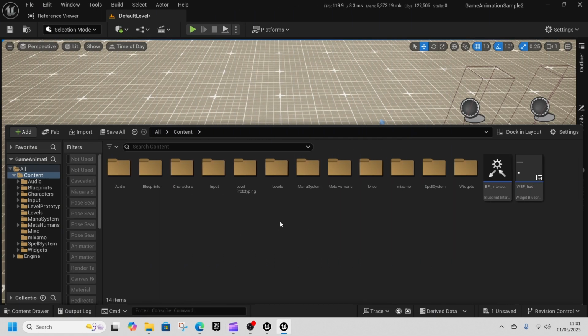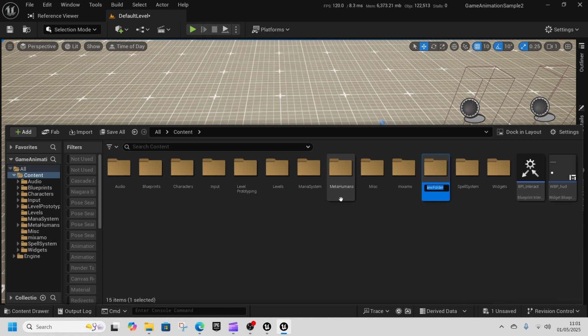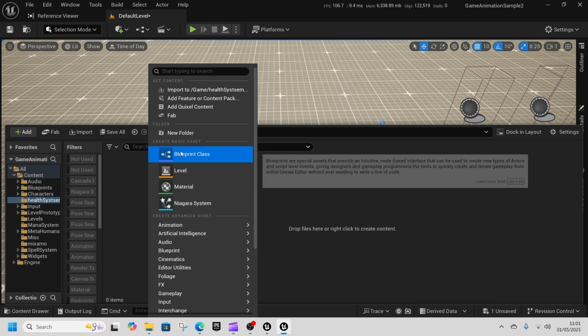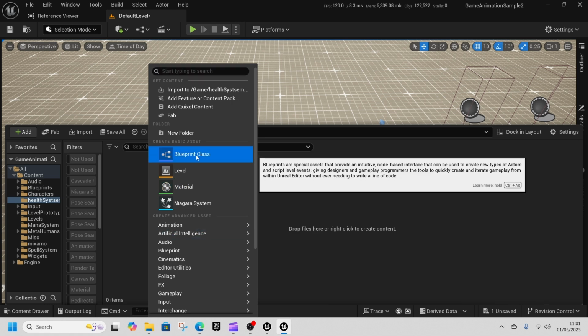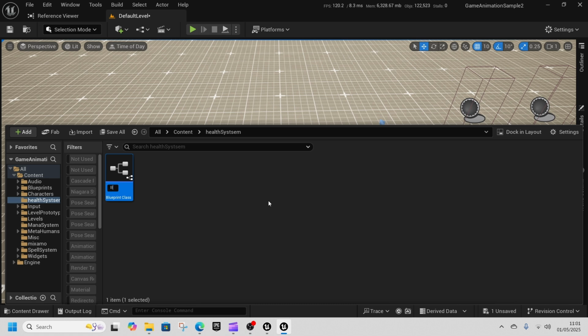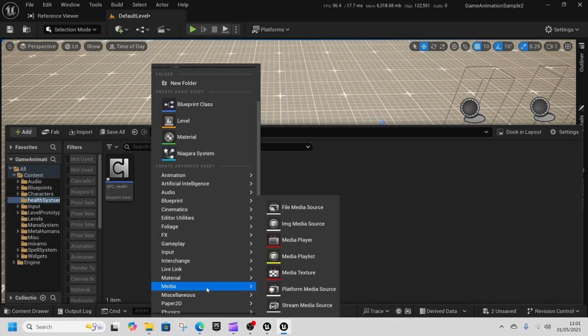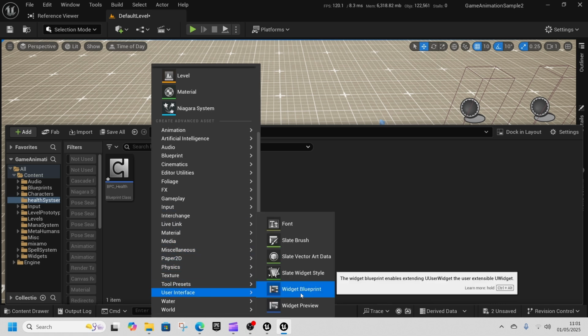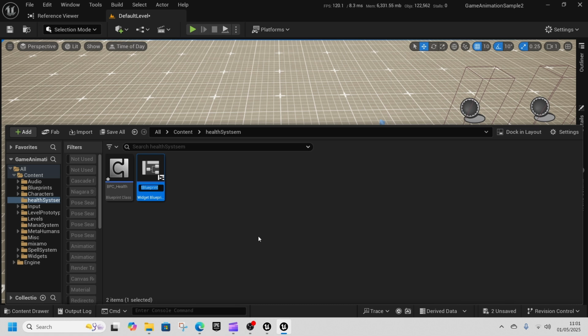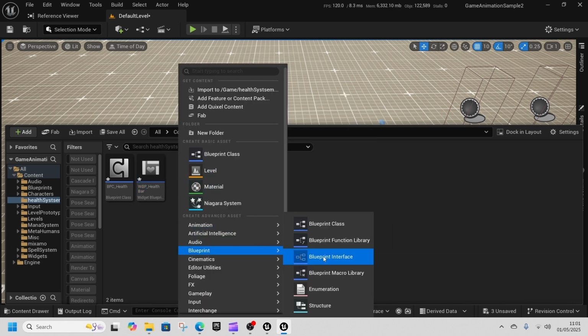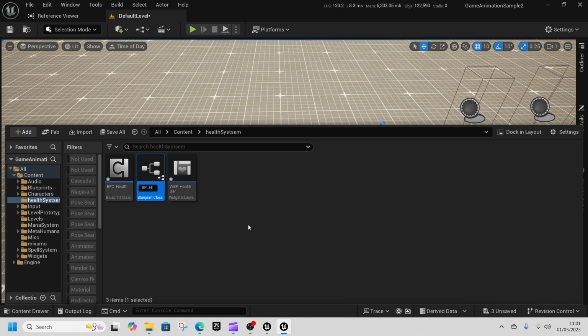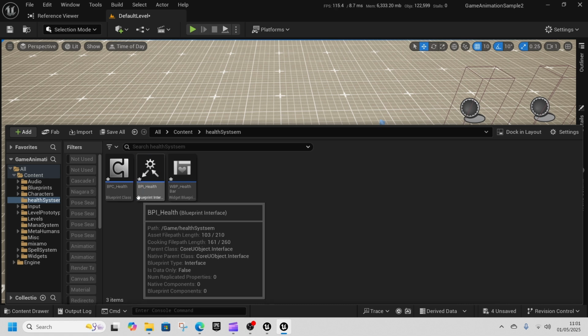So first things first, we're going to create a new folder and call this health system, and then we're going to create two things. So we're going to right click, get a blueprint class, get an actor component, call this BPC health, and then we're going to right click and get a user interface widget blueprint, and we're going to call this WBP health bar, and then finally we're going to right click, get a blueprint interface, call this BPI health, and the health